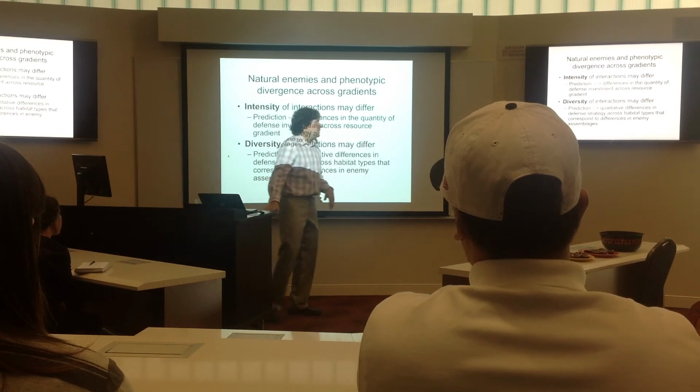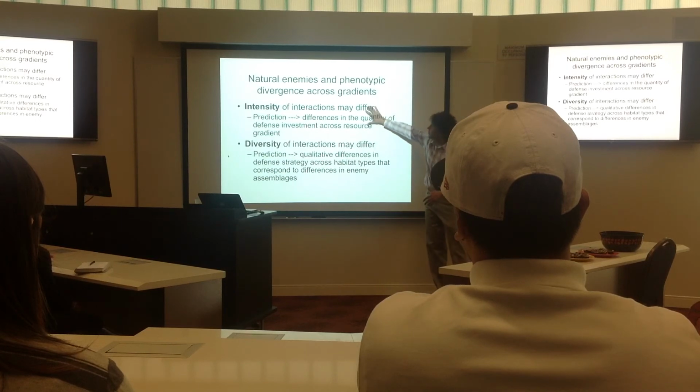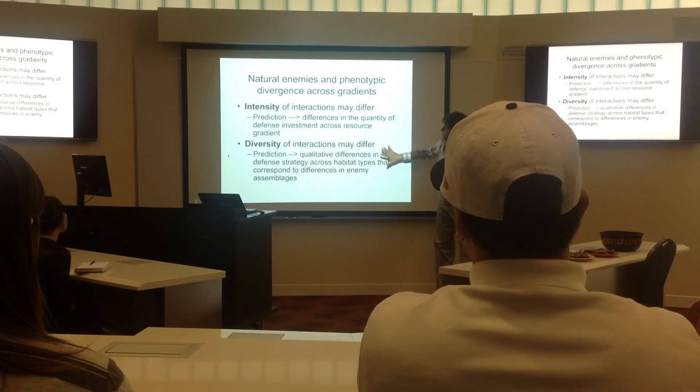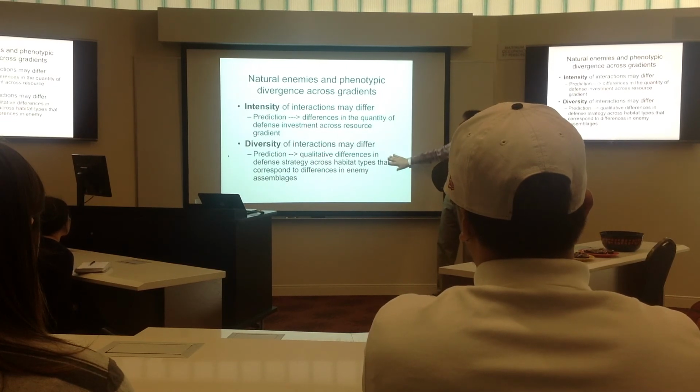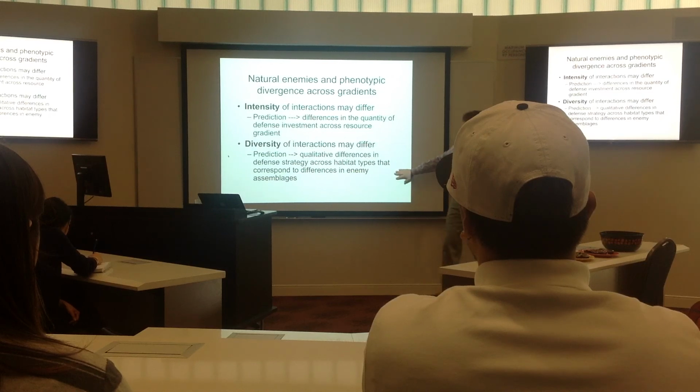And so you could phrase this the same way: the intensity of interactions is different because, as I was saying, the impact of herbivores is higher in white sand versus clay environments, but also the diversity of interactions would be different. So the predictions, for these two different hypotheses, are that you might find differences in the quantity of defense and differences in the qualitative defenses; the kinds of defenses that plants have might be different in different